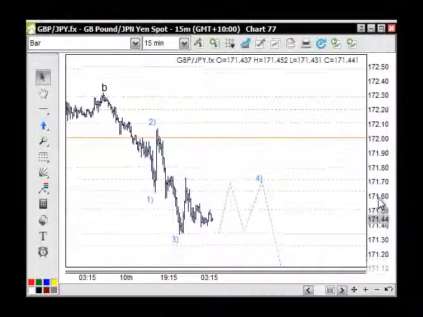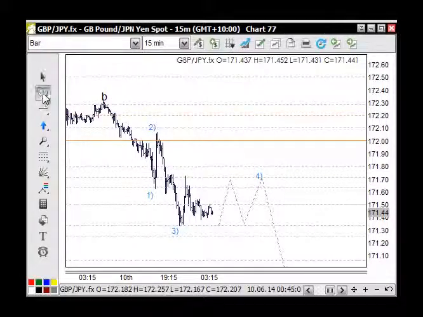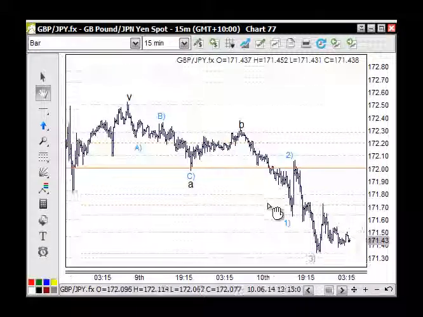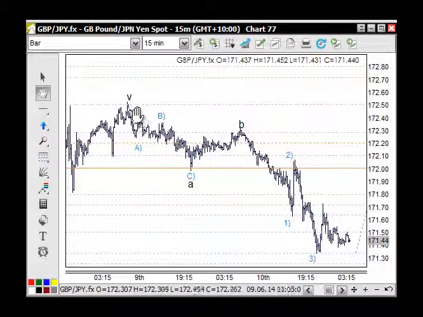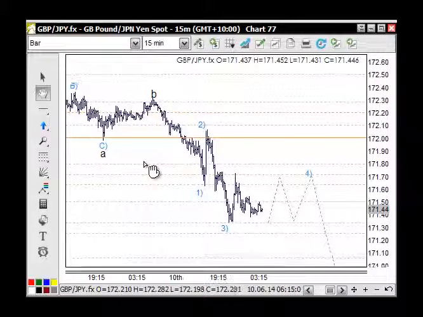So the way that I was counting this is, well, from the high here, I was looking at this first move down through here, and I can see that from this B wave here, we got 1, 2, 3, 4, 5. That counts quite nice as 5 waves here. This here would count quite nicely as 5 waves. So it's really like we've got 3 waves here. That's why I've called it an A wave, and the B wave over here, and looking at the C wave